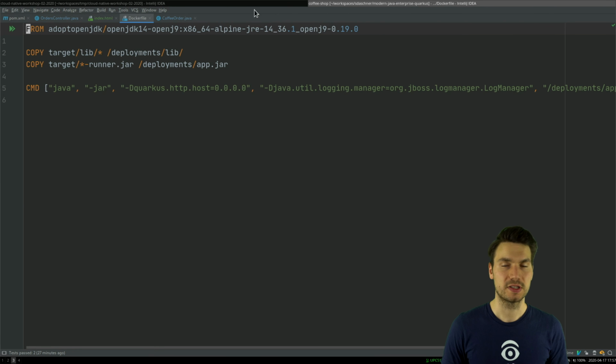It's quite easy. You just have to swap the base image and then it runs a different Java, but that's also Java. It's just a different JVM. And then you can add your application here in this jar file. And I think this really makes sense